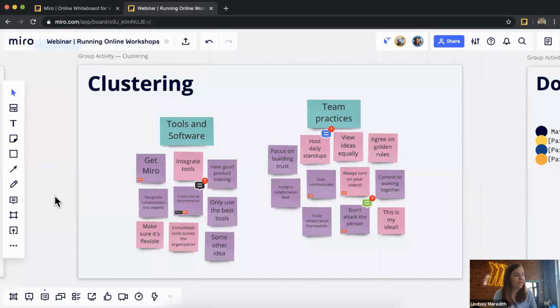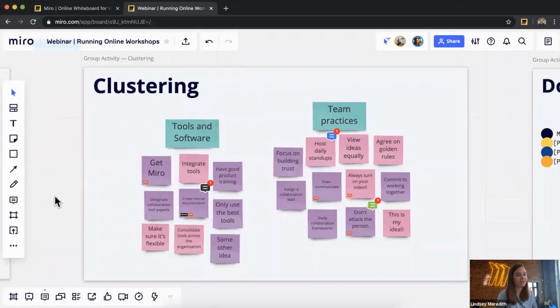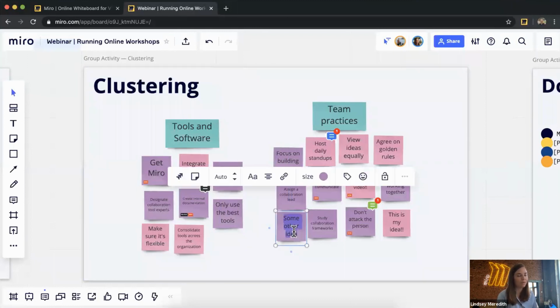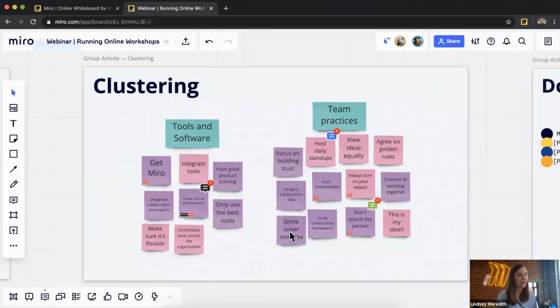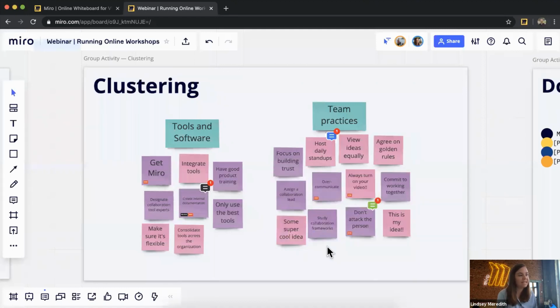So within a workshop, you can do a variety of different activities, and we really recommend activities that are visual. Miro is a really visual tool, so anything that you typically do on a whiteboard. Activities using sticky notes are really great because people can jot down ideas, they can move them around, make clusters, make groups. They can use color coding and tagging to really clusterize and visually see those insights and replicate that in-person